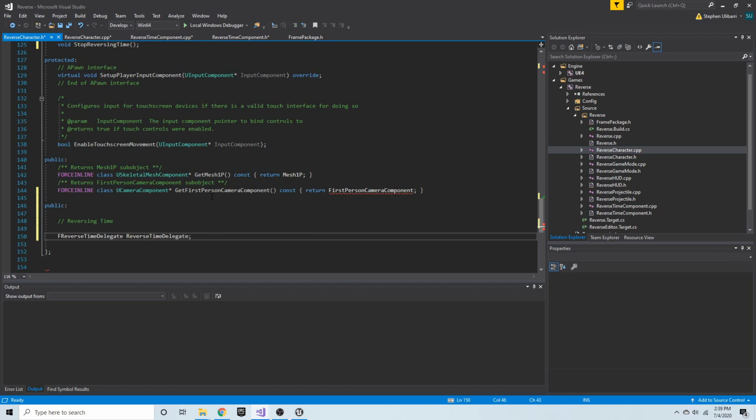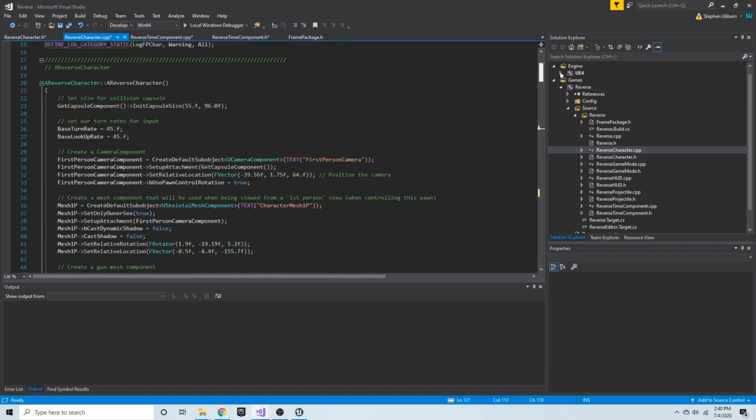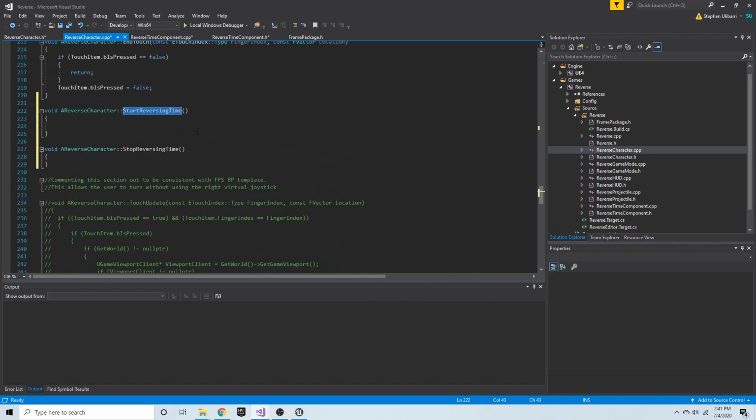And so since we have this reverse time delegate, what we're going to do is broadcast it whenever we click the right mouse button. In order to do that, we can simply go to our start and stop reverse time functions. If I go to the definition of start reverse time,